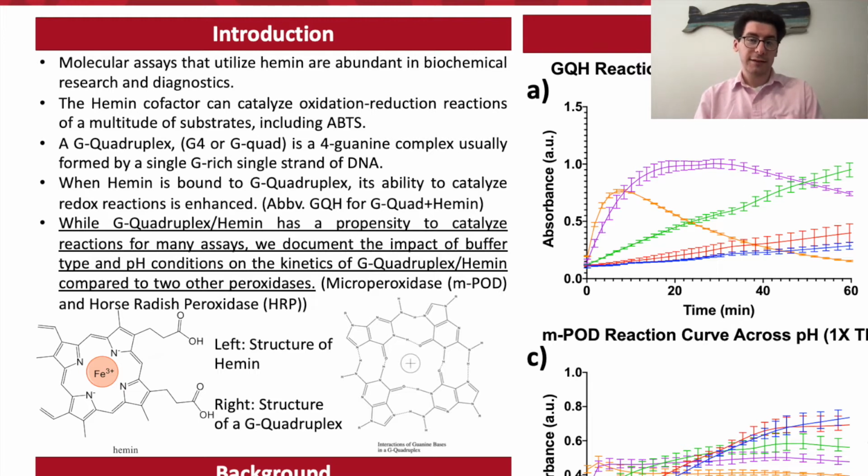G-quadruplex hemin is a DNAzyme, which can mimic the behavior of these peroxidases. A DNAzyme is comprised of a functional cofactor, in this case hemin, and a G-quadruplex, or the DNA part of the DNAzyme. G-quadruplexes are guanine-rich DNA strands which can form multiple different structures depending on the sequence. When G-quadruplex and hemin hybridize with one another, hemin shows a very enhanced peroxidase activity, which can be useful in